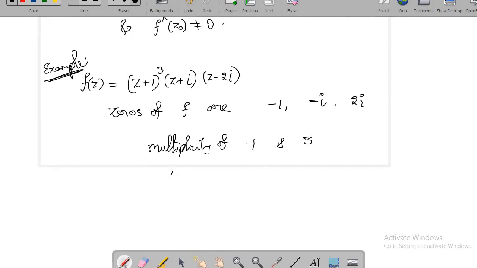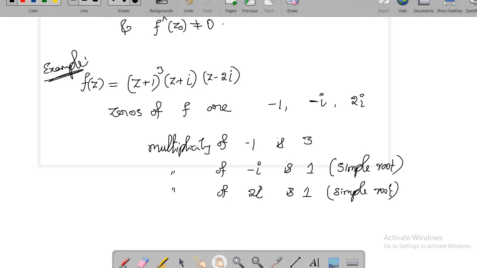And how about the multiplicity of -i? That is 1. Okay, so when the multiplicity is 1, we call that a simple root or a single root. You can use any word. So the multiplicity of 2i, that is also 1. Therefore 2i is a simple root. Okay,